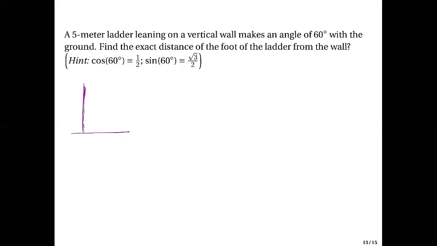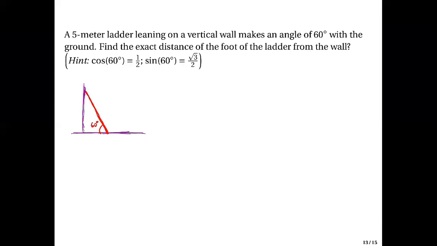It's a vertical wall. And suppose this is the ground. And we have a ladder, okay? It's leaning against the wall and it makes an angle of 60 degrees with the ground. So suppose this is the ladder. This is the ladder. This is the 60 degrees. That's the 60-degree angle,